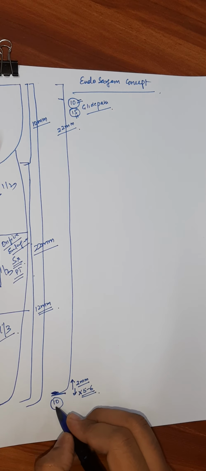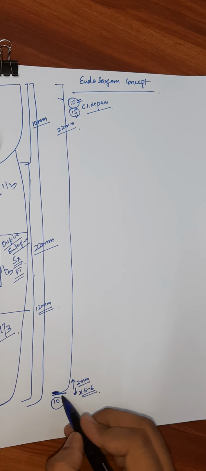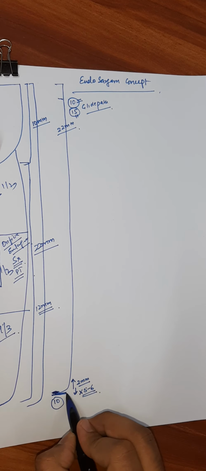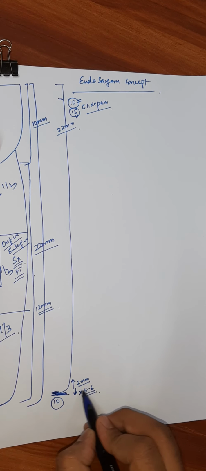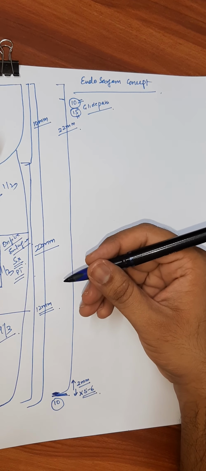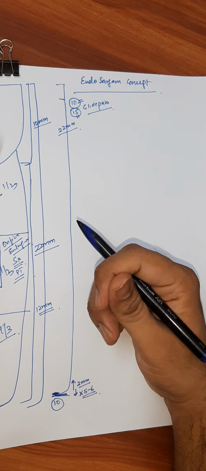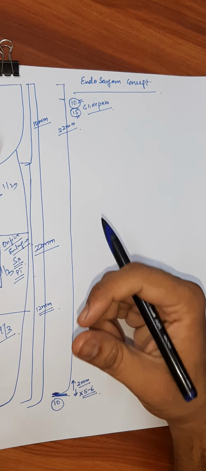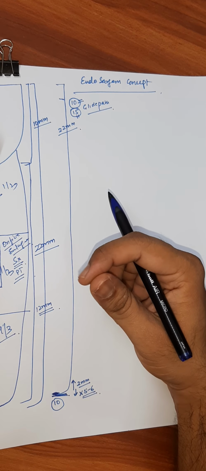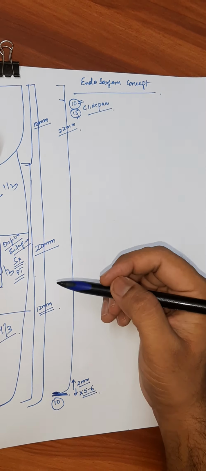The 10 number file has made sufficient space for itself and it is loose. So how does it become loose? You have to create a glide path and you have to take the 10 number file out of the canal. If you feel that it is snugly fit, or you are getting a lot of constriction there, just bring out your 10 number file and just go inside again. Remember, your entire chamber should be filled with